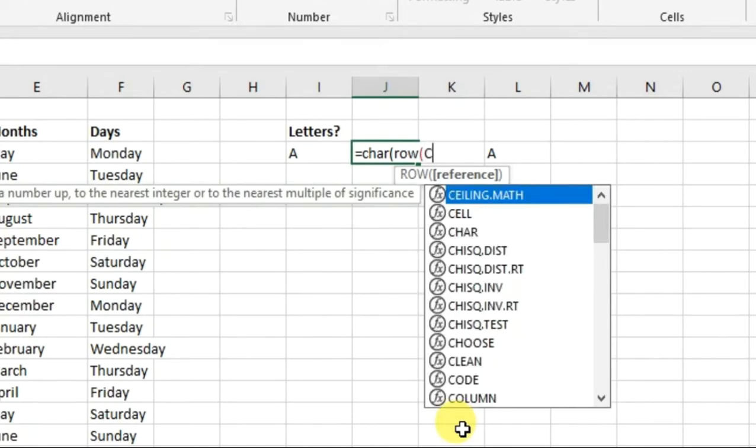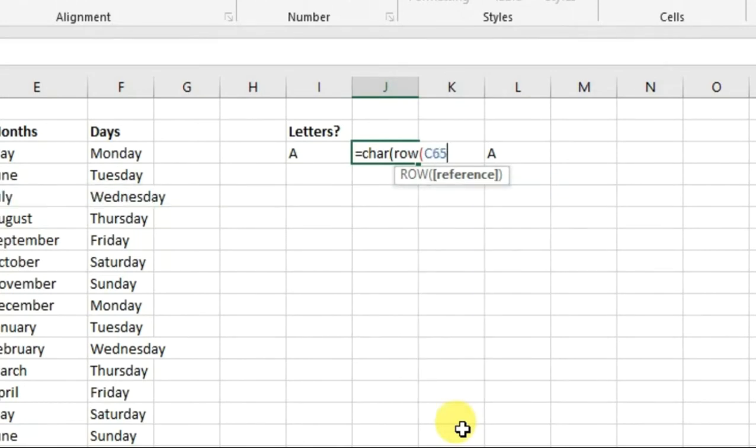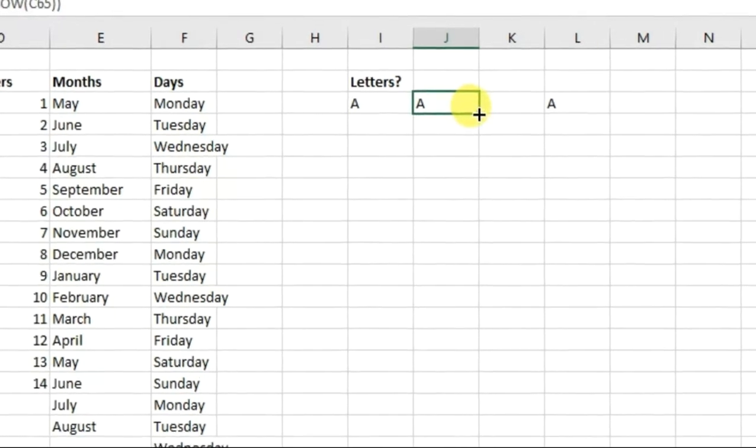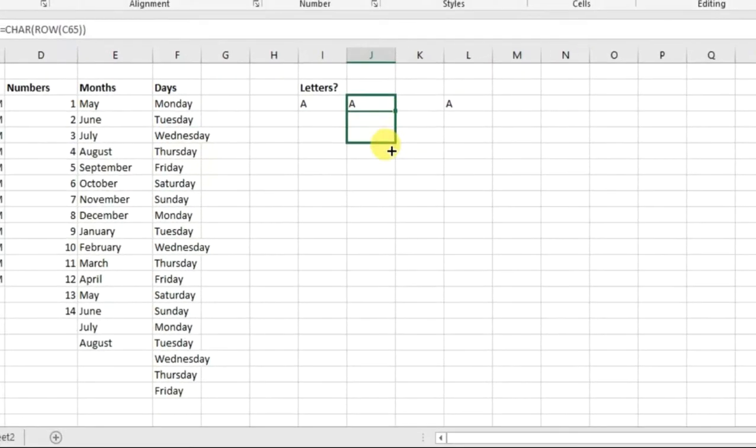We are writing C, and then we write 65, because in Excel 65 is stored for a letter, and then we close the bracket and close the bracket again. See, it will directly come as A. Now if we drag this down, it will automatically fill up A, B, C, D.